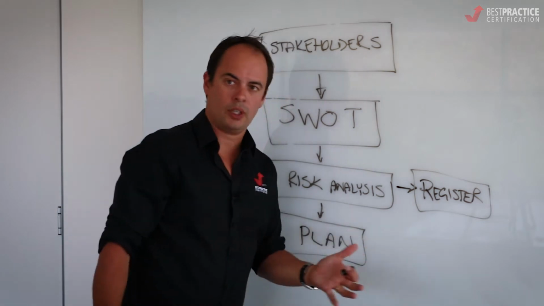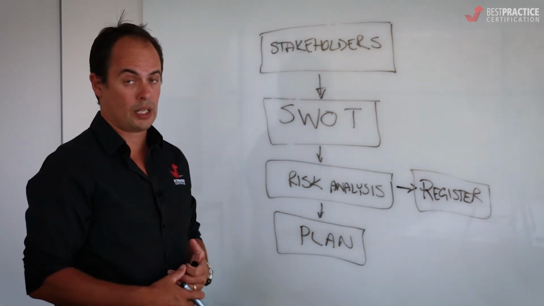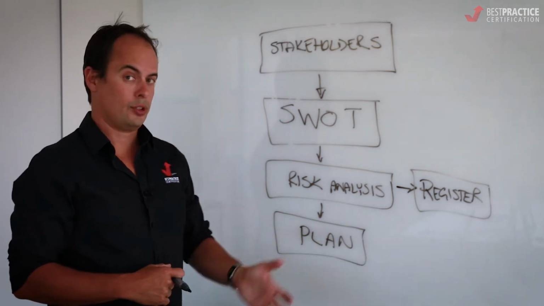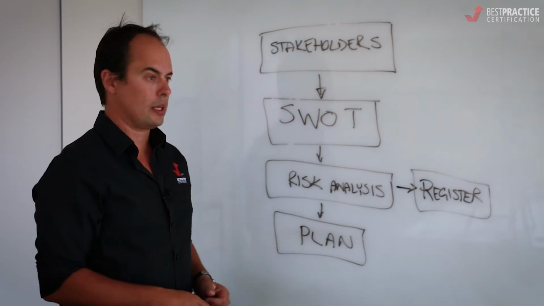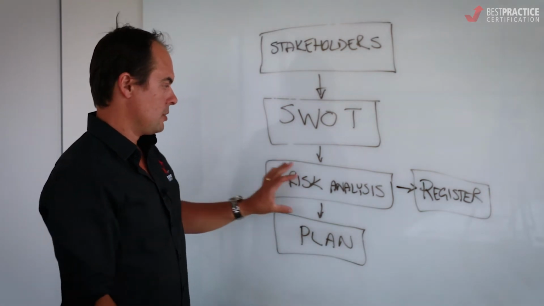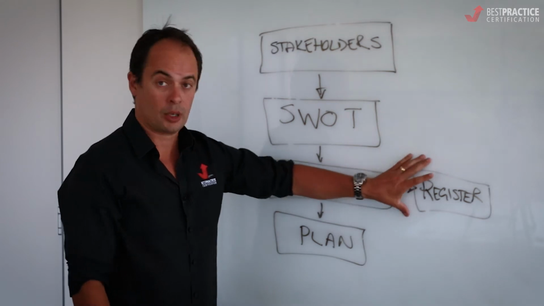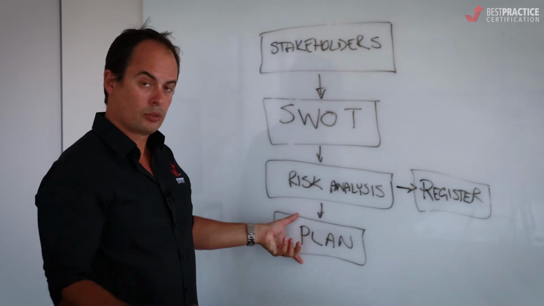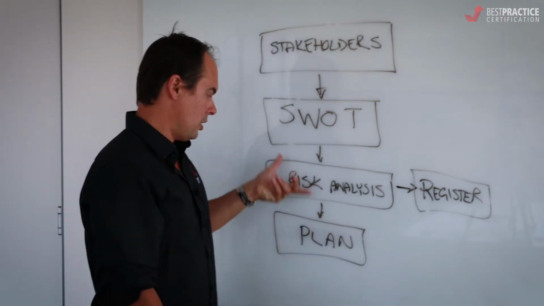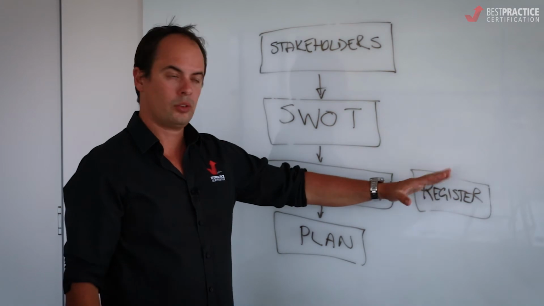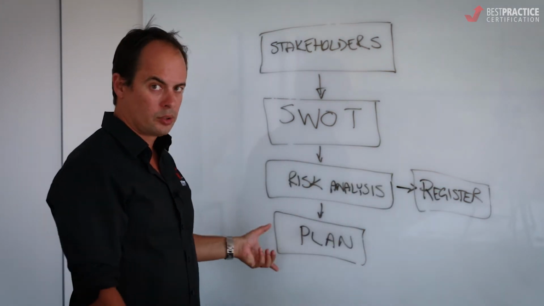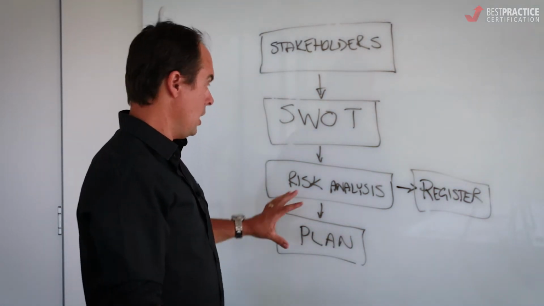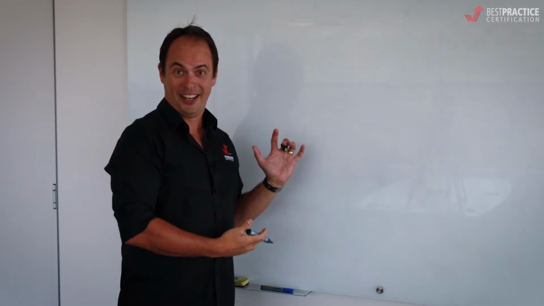Particularly if you're watching this video because you're interested in getting ISO certification from someone like us. So we're an ISO 9001 registrar or certification body, and we've got a whole bunch of people that run around doing assessments, best practice assessments. So we've got our register there that we would spit out. I'm not going to go into that in this video, that's in another video. We'll put the link to it in the description below this one. And then obviously once we've got that identified, we have our plan, which is all of the controls, the who, what, when, where, how that I talk lots about on these videos. That's our plan, our business plan, if you like, or our operational plan. Okay, look at that, magic, it's gone.